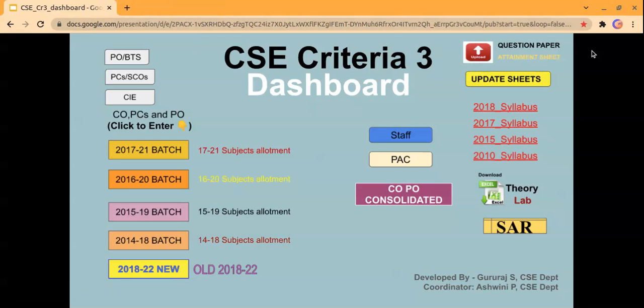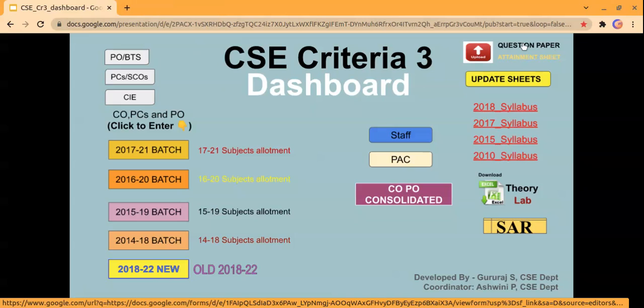So the question papers from each CIE will be uploaded to the drive which is working in background. Now